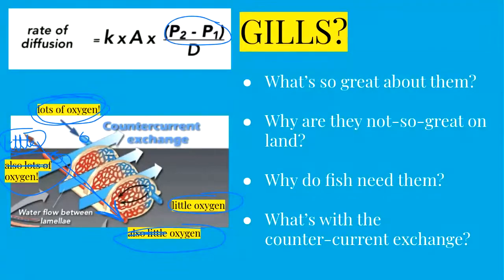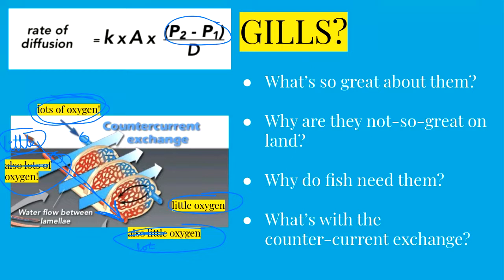So there's going to be a lot here. So now if we say P2 minus P1, P2 is the water, because we want it to go in this direction, from the water to the blood. So P2 is this little oxygen in the water, and P1 is this lot of oxygen in the blood. So then the rate of diffusion goes down, or it might even be negative. This wouldn't really happen in real life, because